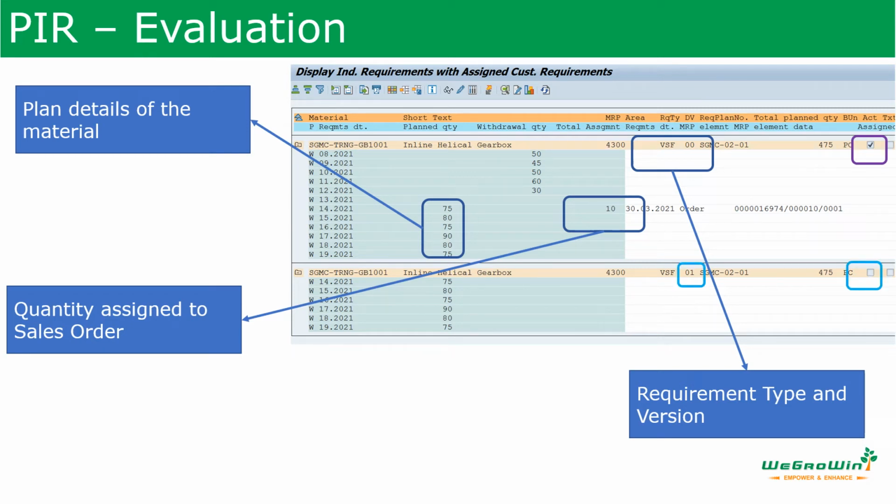And please note that there is another PIR which has version 01. It is not assigned, and it is not active. That also we see here, the active indicator. So all these details are integrated. Whatever you see in the PIR details, that is what we are seeing here, along with the customer order which is assigned to the particular plan. So the planner should know all these pages and reports, how to analyze the demand, how the requirement is passed, and how the requirements are consumed. We should know all these things.